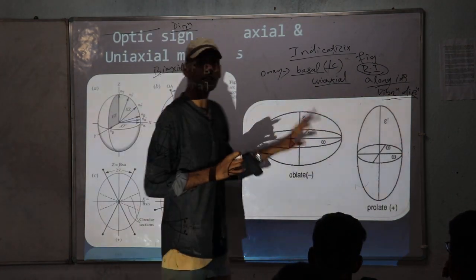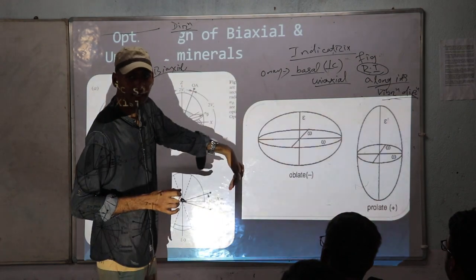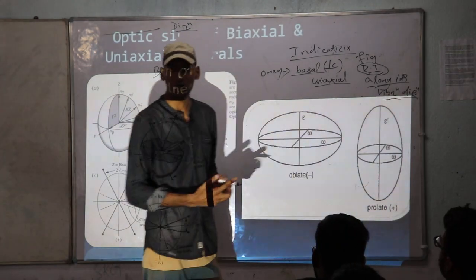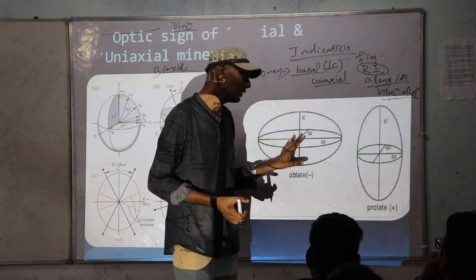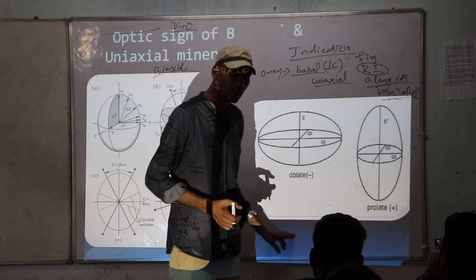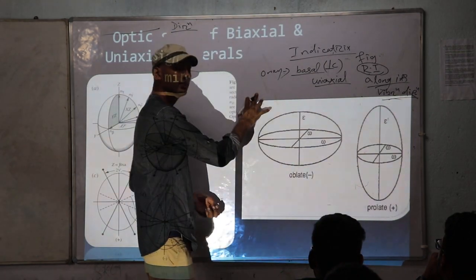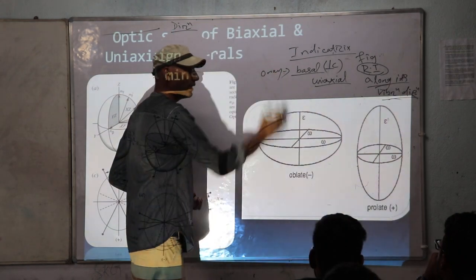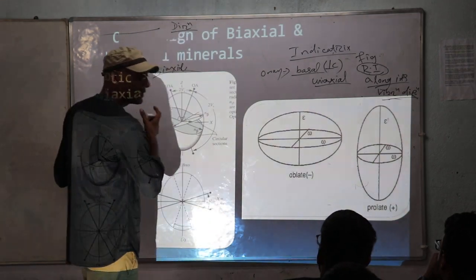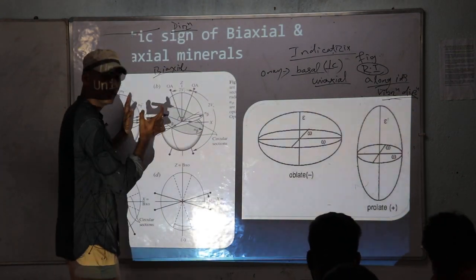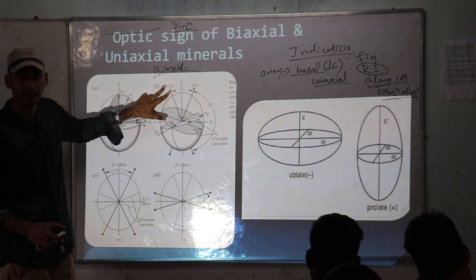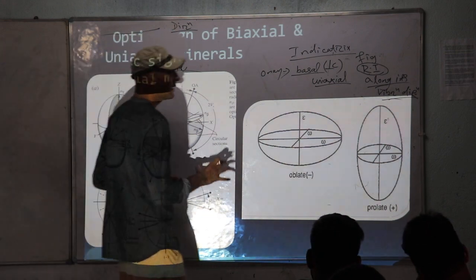The section which is circular, if I take a perpendicular to that, then that will be my optic axis. If I am getting a circular section in the indicatrix, and I put a perpendicular to that circular section, that will be the optic axis. That doesn't mean that if I take a perpendicular to the basal section, it will show an optic axis. Consider a biaxial mineral: if you take a perpendicular to the basal section, you will never get the optic axis because there are 2 optic axes. I will define the logic of what I am telling.